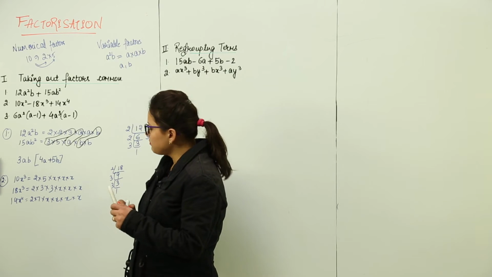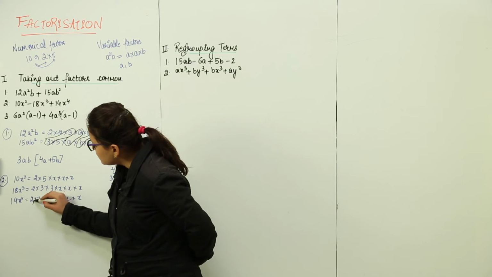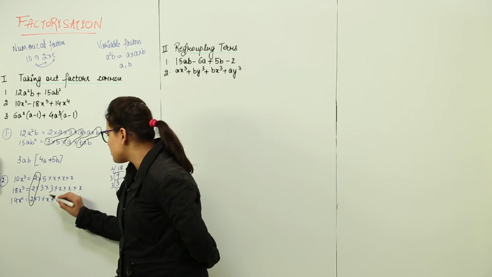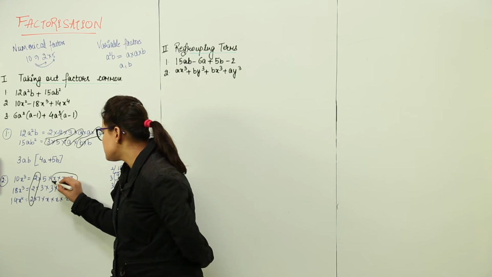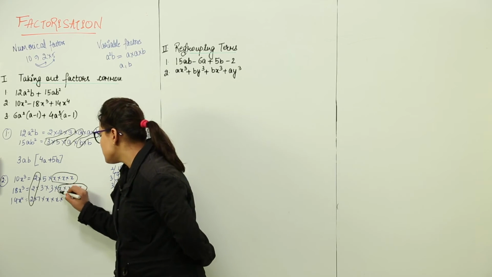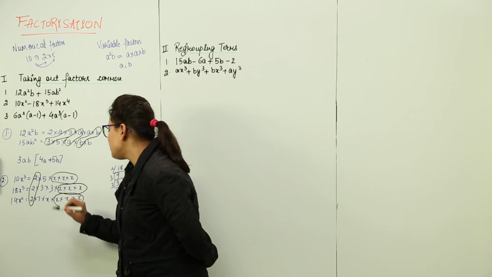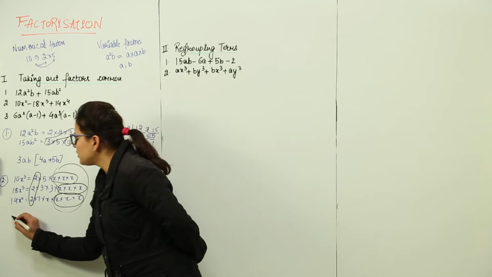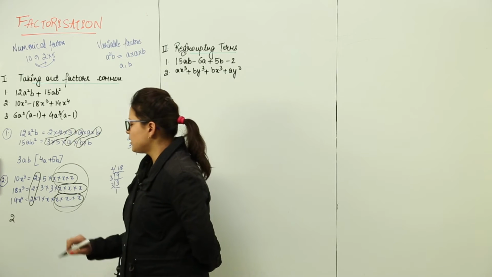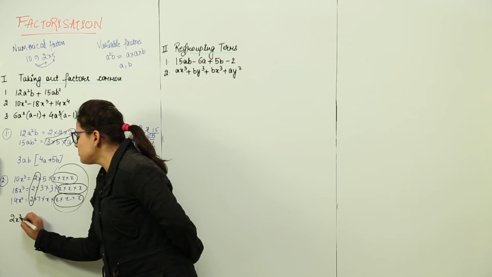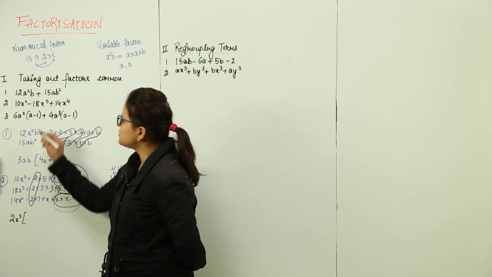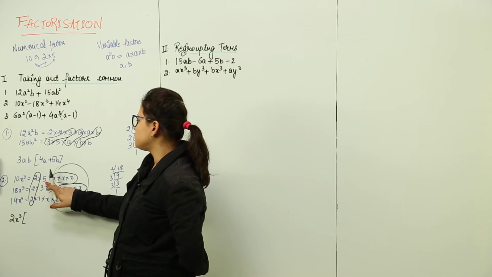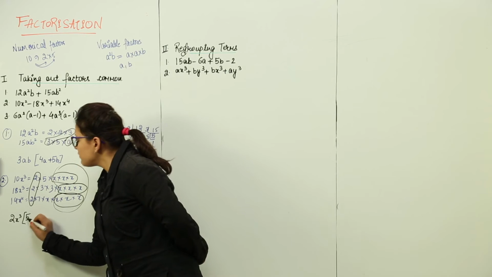Now let us take out the common part. What do they have common? They have the 2 common in them. They have the 3 x's common. Here they have 3 x's and here also 3 x's are common, right? So we take these 3 x's common. What have we taken out common? 2 and 3 x's, that means 2x cube. What are we left with? Let us check in the question. If we take out 2x cube common, what are we left with in the first term? Only 5. So we write 5 as it is.